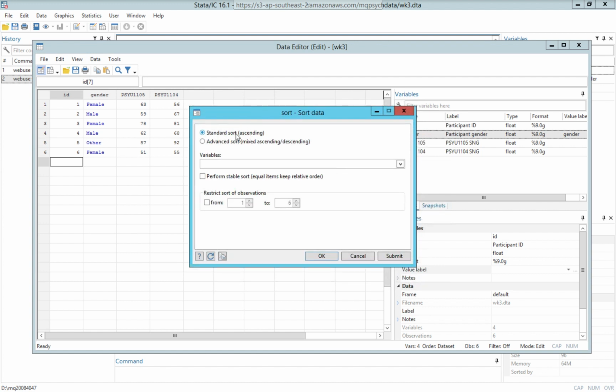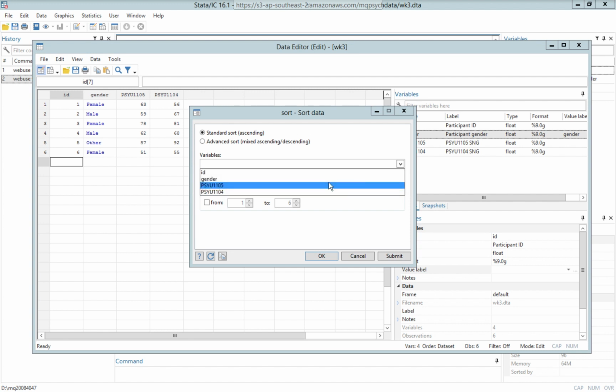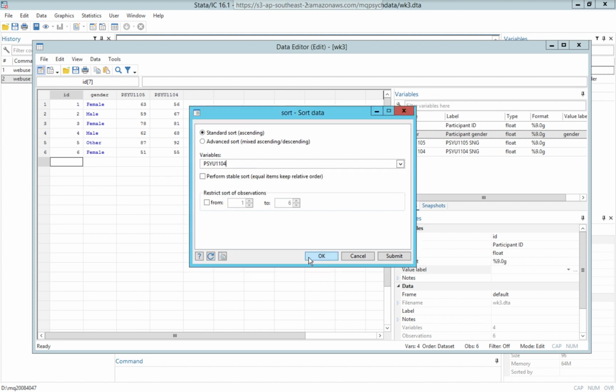There are a couple of different ways you can sort. You can sort in a standard method, in ascending order, or use advanced sort if you want to do a more complicated version with different variables, where you sort some by ascending order and some by descending order. We're going to stick with the standard sort. In this variables drop down box is a list of all the variables in your data file. Let's say we wanted to sort by PSYU1105. If I click that and then go OK,